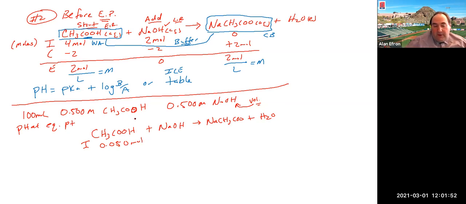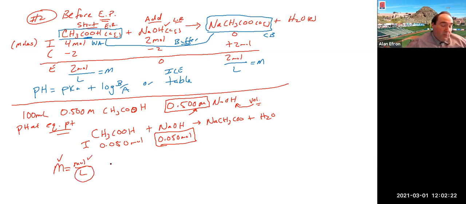Now, because you know you're at the equivalence point, without even having any knowledge of how to figure out the volume or how many moles I would have, you should know that you should have the exact same number in terms of moles. And what that would allow you to do is now you know what the moles should be and you know the molarity. So again, just using molarity as moles per liter, you now have the molarity. You also have the moles. So you can actually figure out the volume that would be needed to reach the equivalence point by rearranging that. And you would end up with, in this particular example,